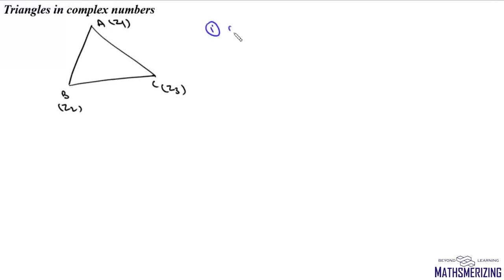Now we'll come to triangles and complex numbers. And the first thing that we'll study is various points for this triangle. So suppose you have a triangle ABC where A is Z1, B is Z2 and C is Z3. Then we can write centroid of this triangle. Centroid of this triangle ABC, say ZG, is given by (Z1 plus Z2 plus Z3) by 3. So this is how we can write centroid of this triangle.